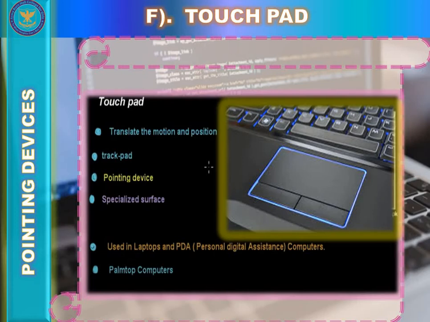Touchpads operate in certain ways, and we will be discussing those. Before that, you need to know how to scroll using the touchpad. Scrolling with a touchpad can be done using one of the following methods. Place your finger on the surface of the touchpad, and when you move your finger on the touchpad, along with that movement the cursor or pointer moves on the screen.